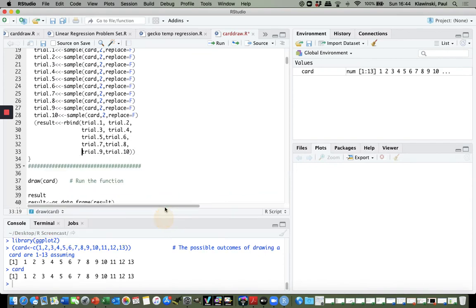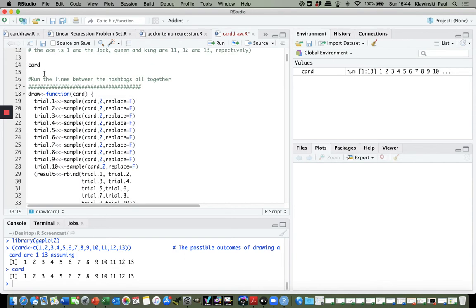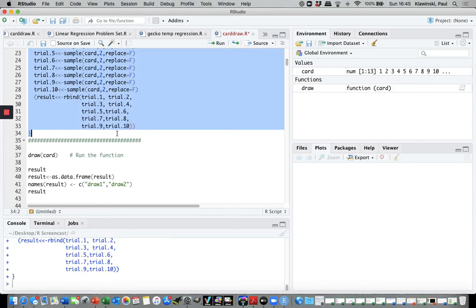You can resize the window so that you can see things, and so this is us building a function. Whenever I build a function, I want you to activate that function. You want to run the lines between the hashtags all together. So what you generally want to do is just highlight the whole thing and run that all at once. And you see that it hasn't done anything except show you the thing that you just ran, but it gives you the prompt back, this little greater-than sign, and your cursor is sitting there flashing. It's basically saying, okay, I did that. What do you want me to do next? And so the next thing that I want you to do is run that